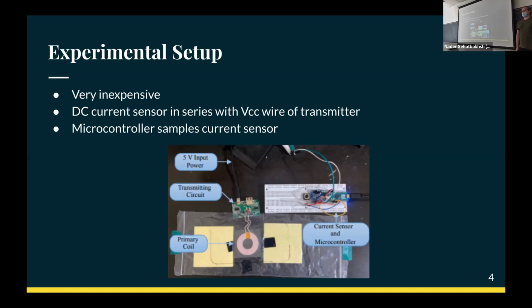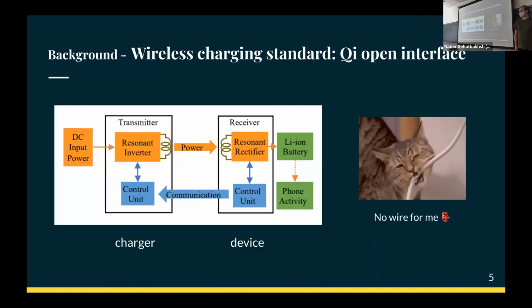Other power side channel attacks involve more sophisticated equipment such as oscilloscopes. We don't have that luxury here. We only have 700 hertz that we can actually pull the current draw at. That's a big point for this paper, but that's what makes it extra strong, because it's essentially proving what we can do with only